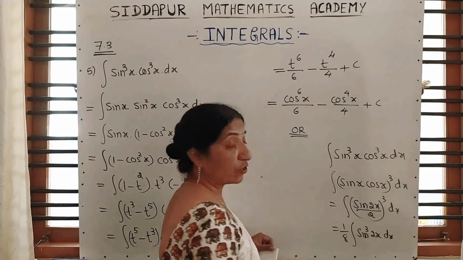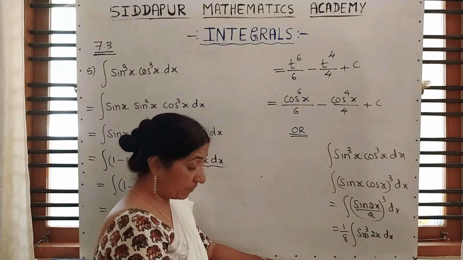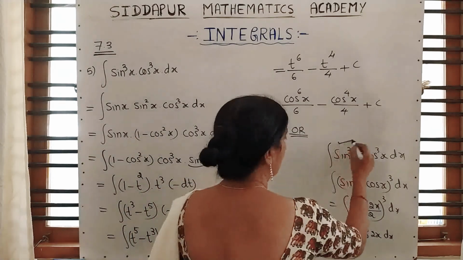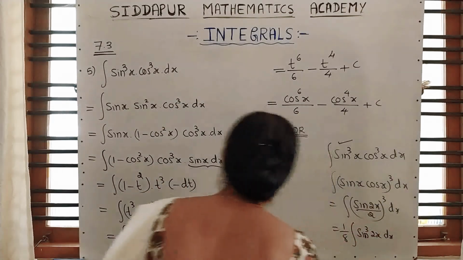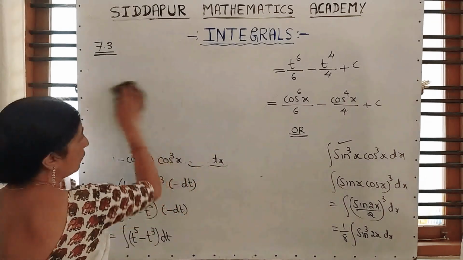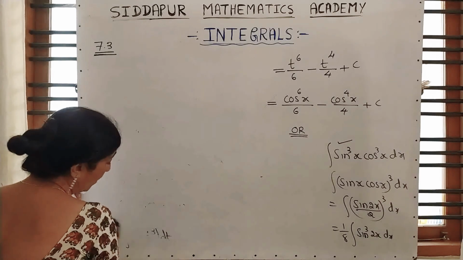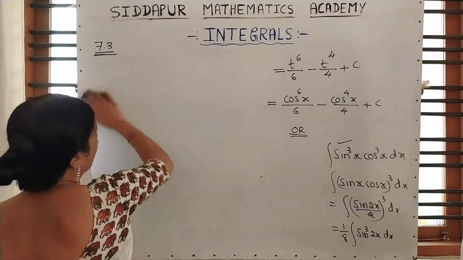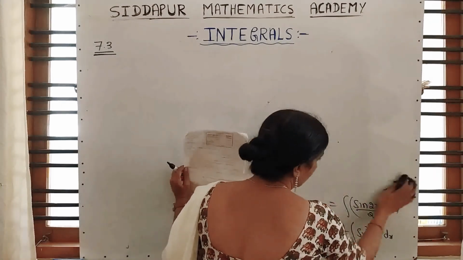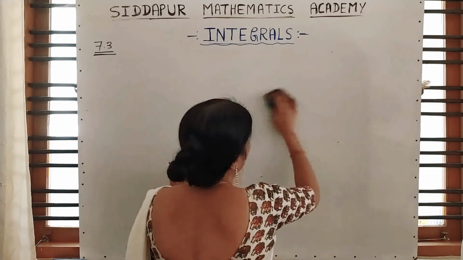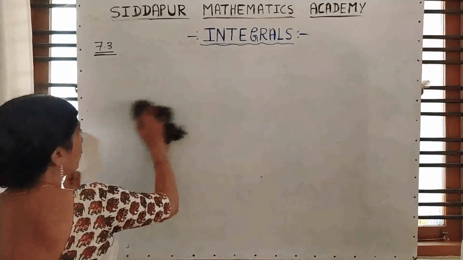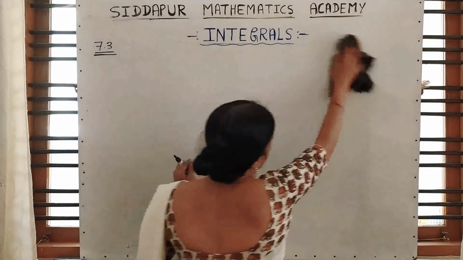And you know how to solve sin cube 2x, because already in the previous sum, question number 4, I solved similar types of examples. So try this as homework. That's why it is very interesting compared to differentiation, because depending on how you use the formula and how you apply it, you will get the answer. You can get a different answer compared with your friend, because he may use a different formula and you use a different one, but both the methods are correct.